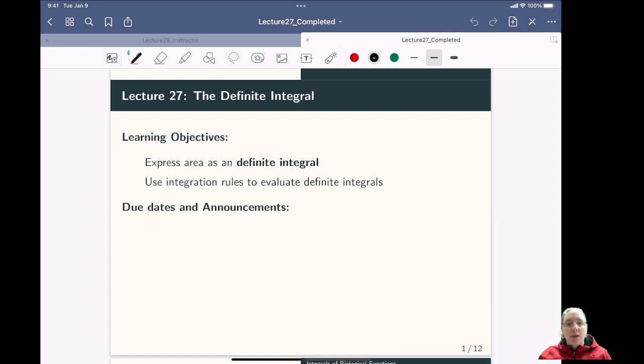Hello and welcome to mini lecture number 27 on the definite integral. All right, before we begin talking about what the definite integral is, it will be important that we cover